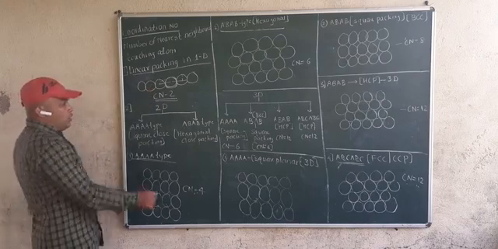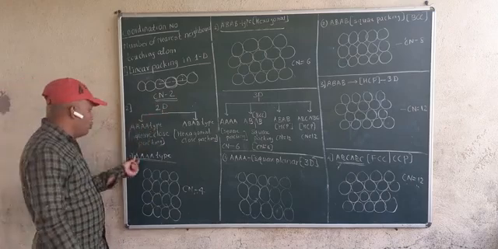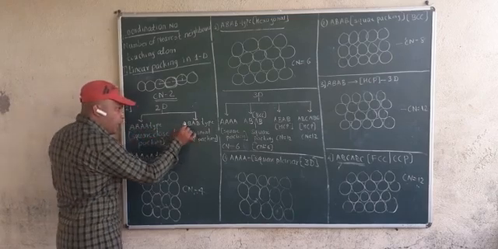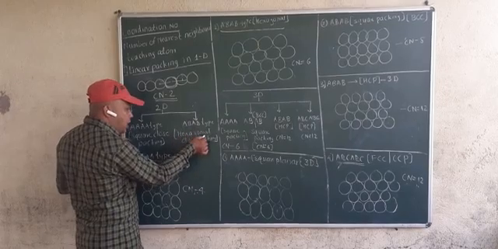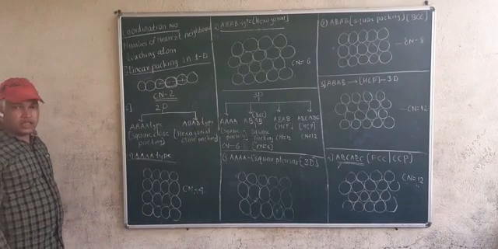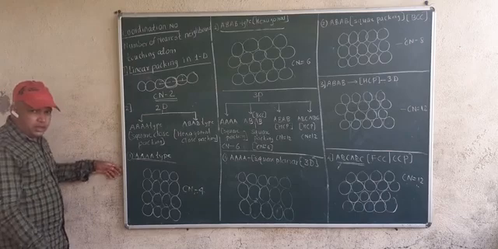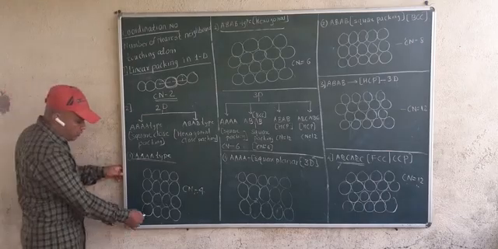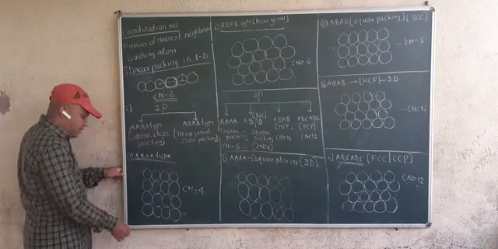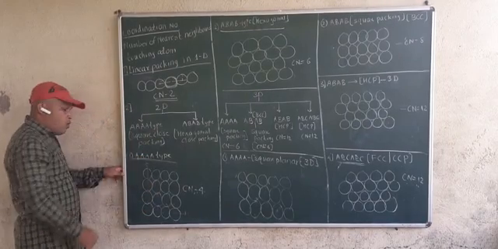Now we'll see in two-dimensional. Two-dimensional we have two types, A type, square close packing, and AB type, hexagonal close packing. Now what is this A type and why is it called square close packing? Let's see. Here I have already drawn the diagram. Now we are going in x-axis, and now it is 2D, so we will go in y-axis too.